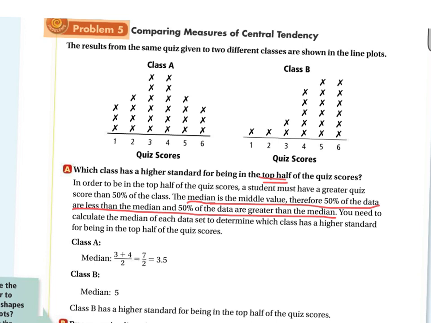Problem 5: results from the same quiz given to two different classes are shown in the line plots. The question is, which class has a higher standard for being in the top half of the quiz scores? So what we're going to do is find the median for both of these. For Class A, they didn't really go through the whole process here, but